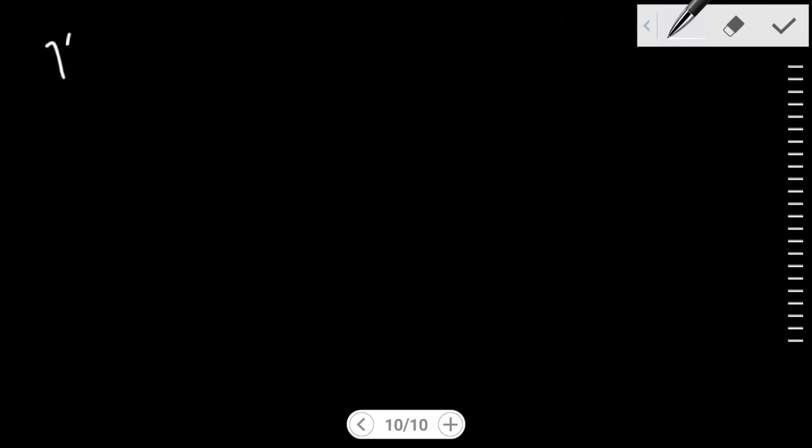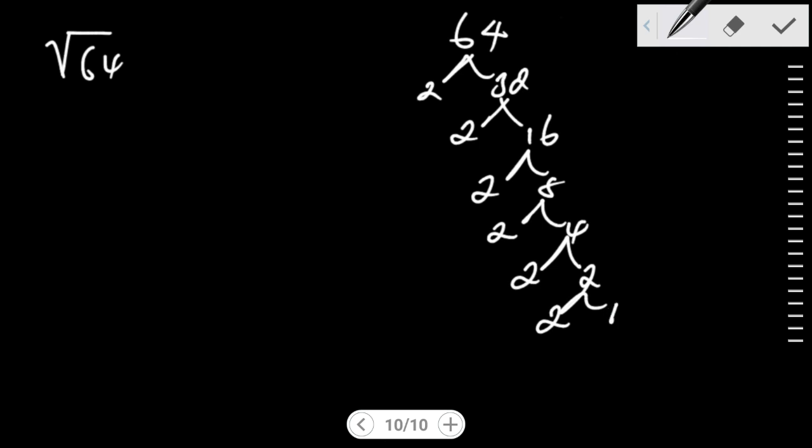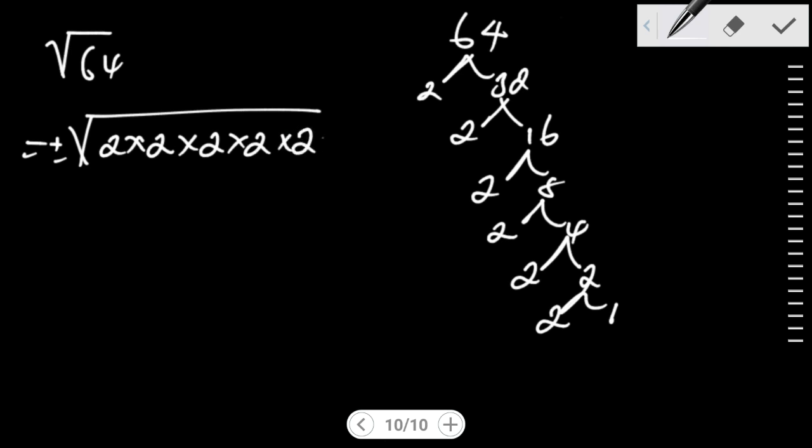If I want to get the root of 64, so for 64 by 2, I now get 32, by 2 16, by 2 8, by 2 4, by 2 2, by 2, I'd get here 1, and therefore root of 64 would be equals to root positive or minus, I'll have 1 2 3 4 5 6, therefore 2 times 2 times 2 times 2 times 2 times 2, yeah, and therefore this would be positive or minus root of